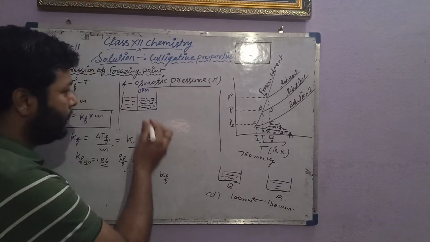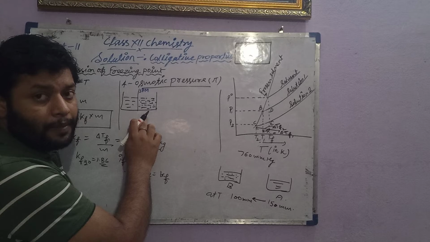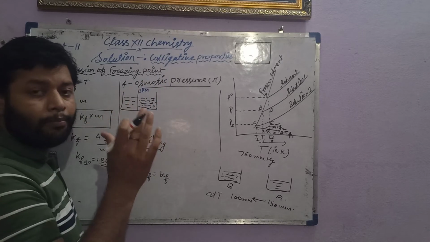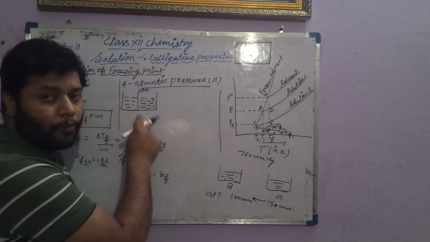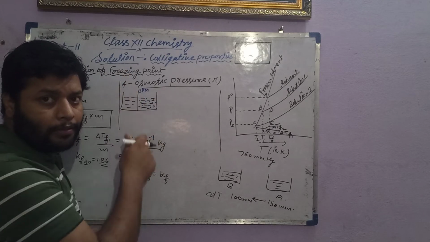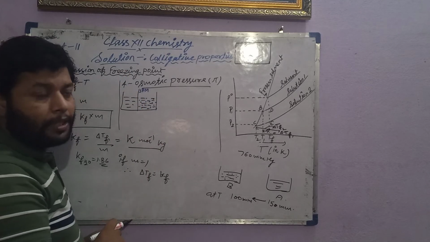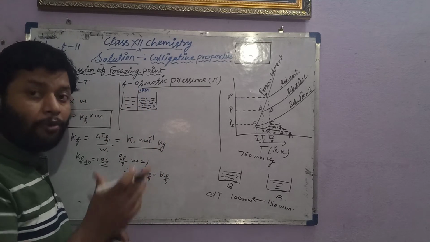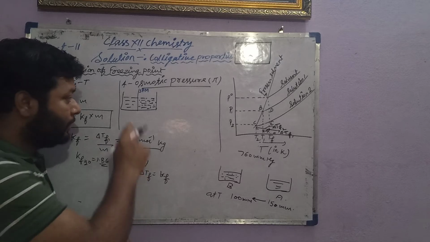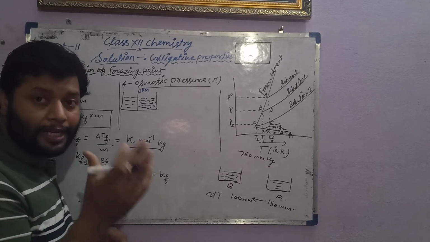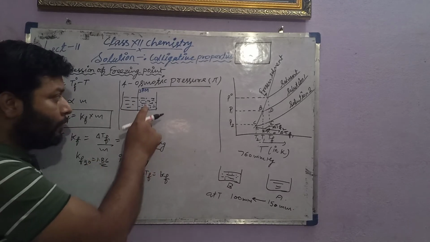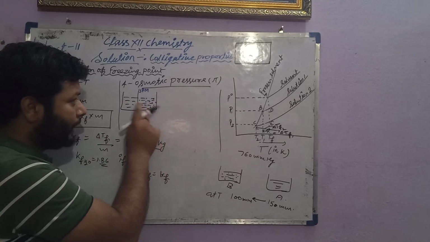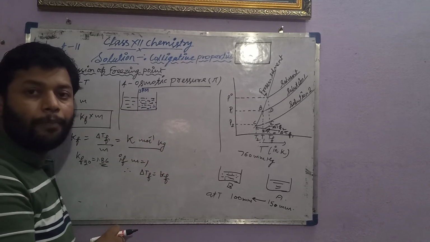You can see there are solute particles, so there must be a higher pressure because of the continuous random movement of solute particles which continuously strike the wall of the SPM. So more osmotic pressure arises, more pressure on the wall of the SPM than from water molecules, because there is no solute particle. So there will be more pressure applied from this side on the wall of the SPM.